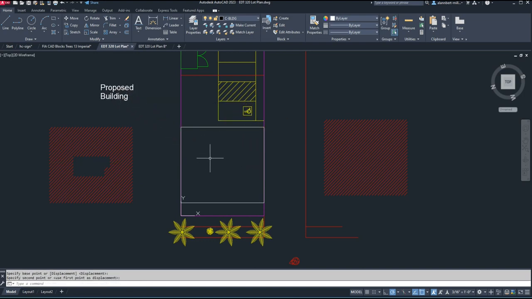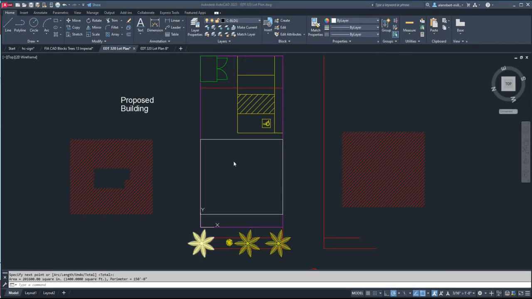And what I can do is I wanted to add the area of this building onto my annotation, or add the annotation of the area. So in AutoCAD, we can find the area of a shape. There are different ways of doing it, but we're going to do it by pointing to the corners